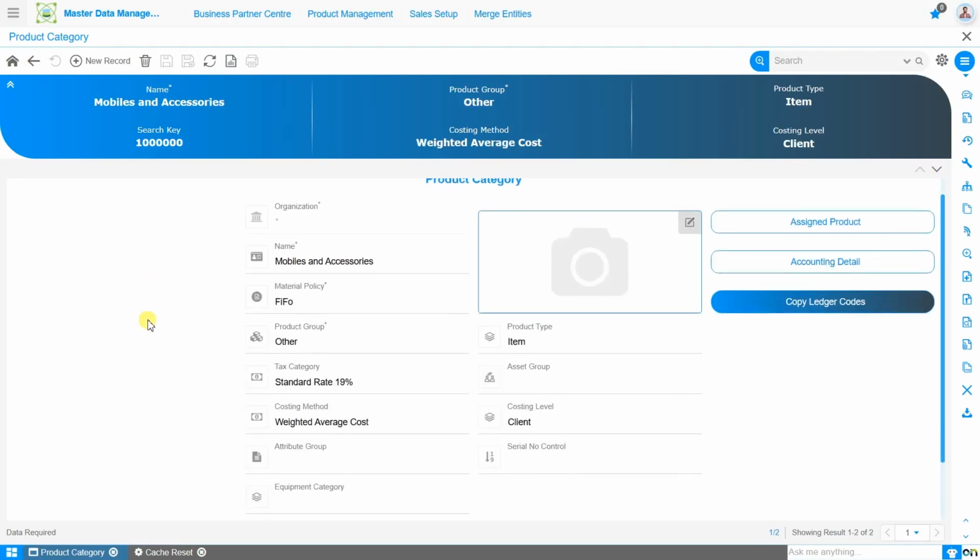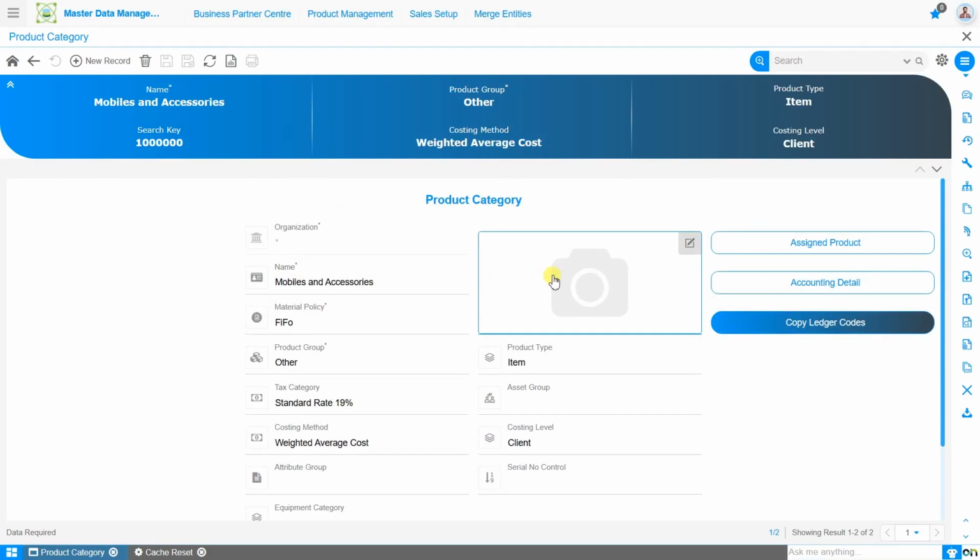If you wish to visually represent the product category, you can upload an image using the image field available on the header screen. This helps in better identification and enhances the visual organization of categories within the system. With that, we've completed the configuration process for a product category in the